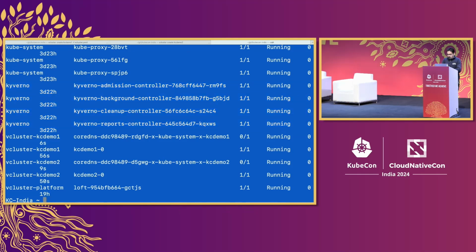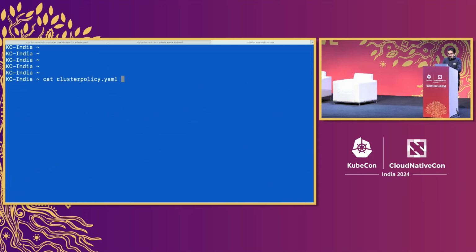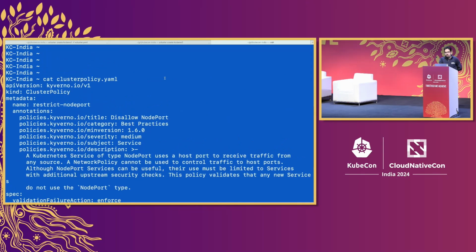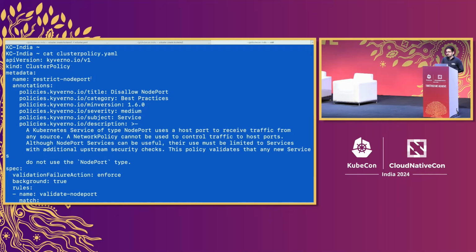So what we'll do is, let's see what the cluster policy we'll be using. So what we want to do is, we want to restrict node port. So what we want here is, we do not want any of the cells to be able to create a node port service. But we'll be creating this, and Kyverno is installed on the host cluster.